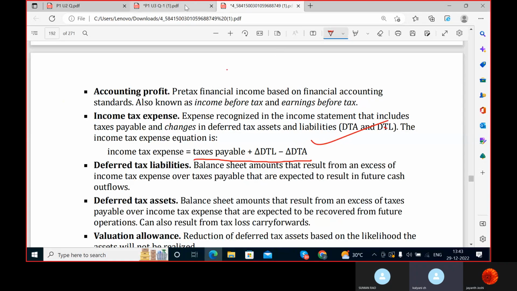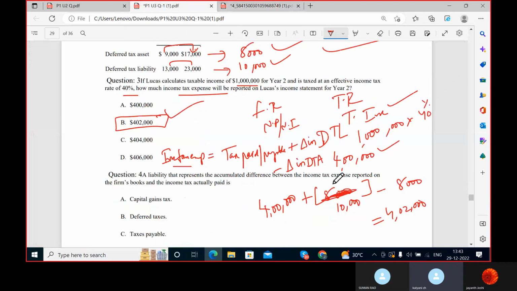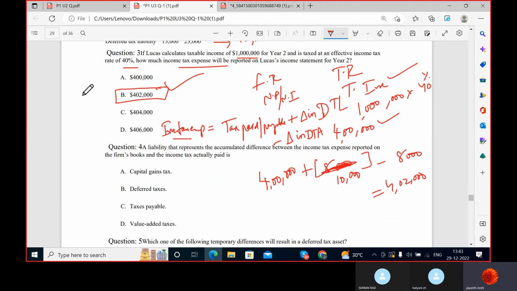In the video, you told me tax payable plus DTL. Tax payable plus change in DTL, if you have 2 years of data, then you take the change. Otherwise, you should see that the opening balance is 0 and the closing balance is the given amount. So the difference is always this amount only. If you have opening balance 0, the same amount will be taken, correct? So go for the next one.